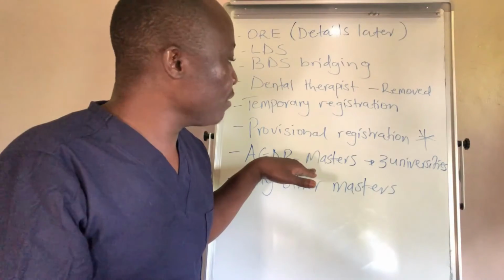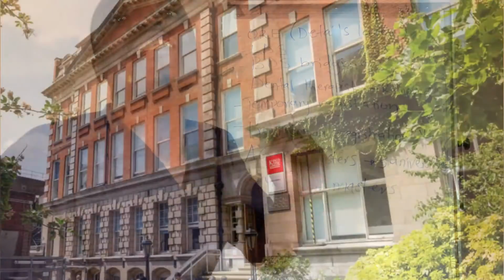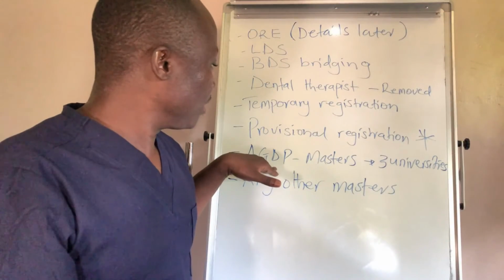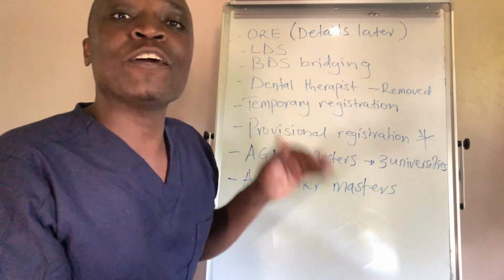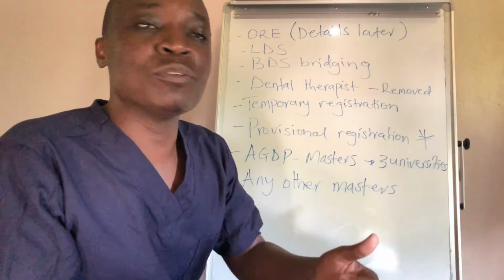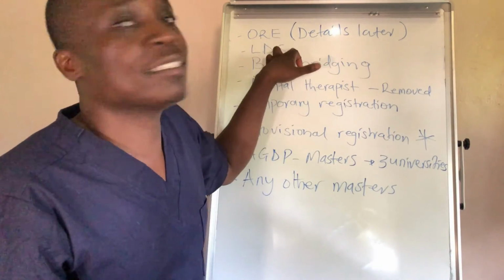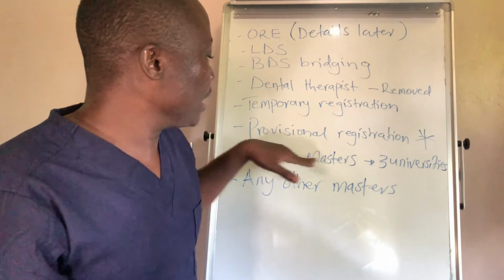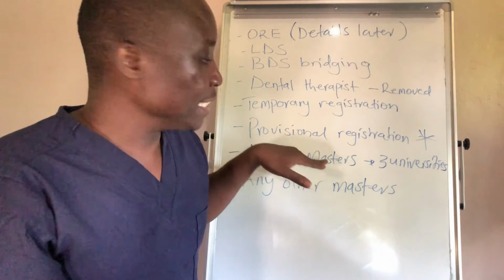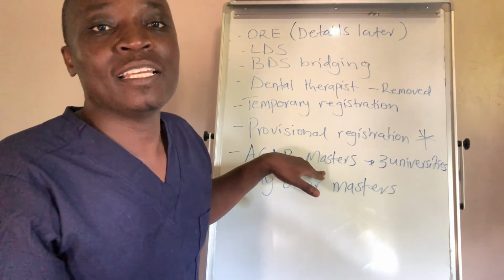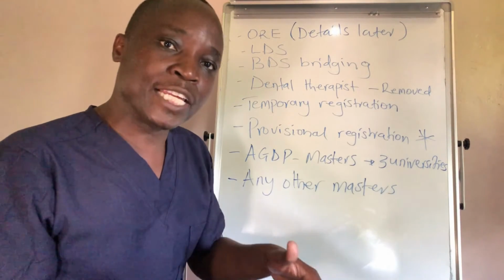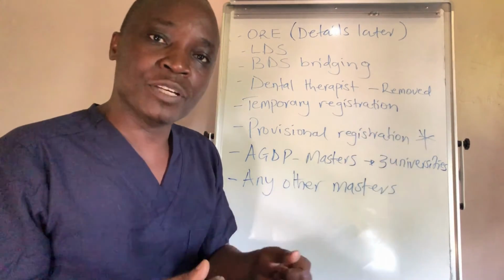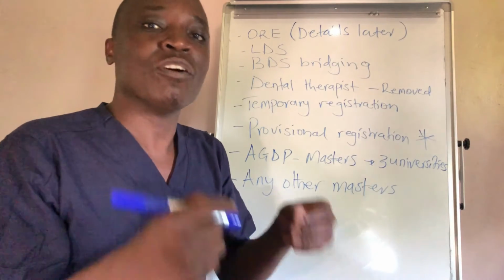The other university is King's College London. This master's degree has a component of preparing you to pass these exams. The master's itself is geared towards preparing you to practice dentistry in the UK,